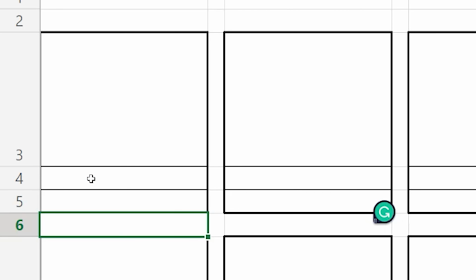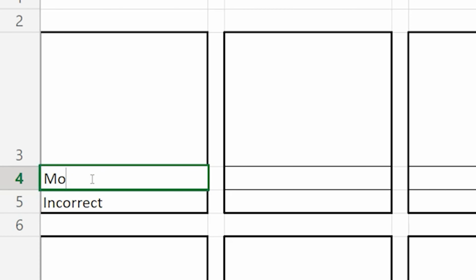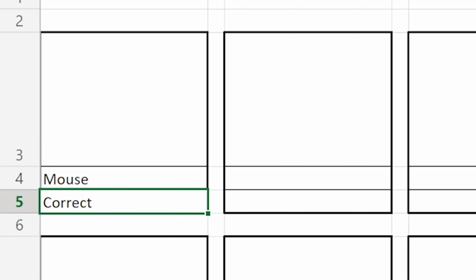So this should now print nothing. And if I put in an incorrect guess in here, like keyboard, I haven't got a picture here yet, of course, it will say incorrect. But if I type in mouse, it'll say correct. Now I'll add a couple of pictures in later, but what we can do is copy and paste